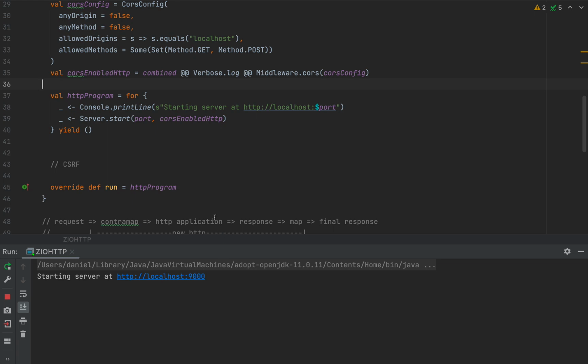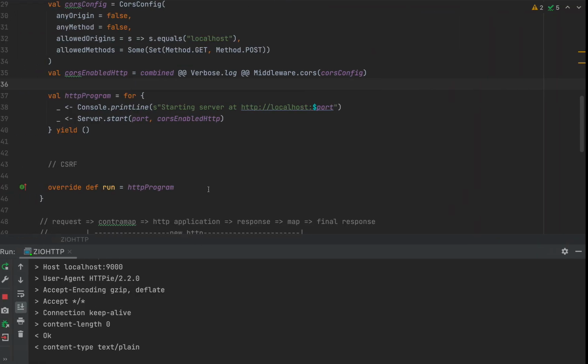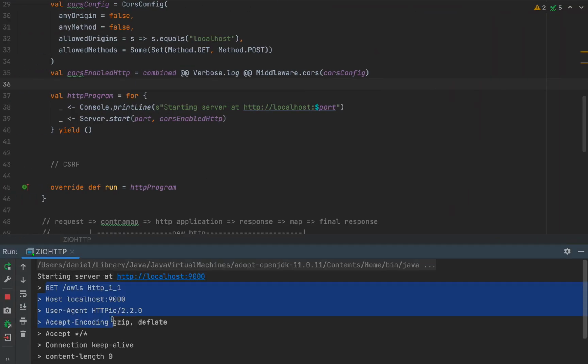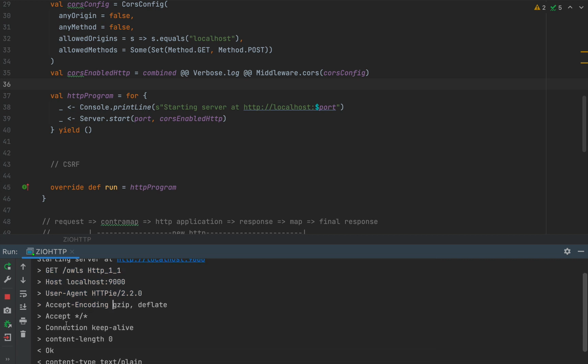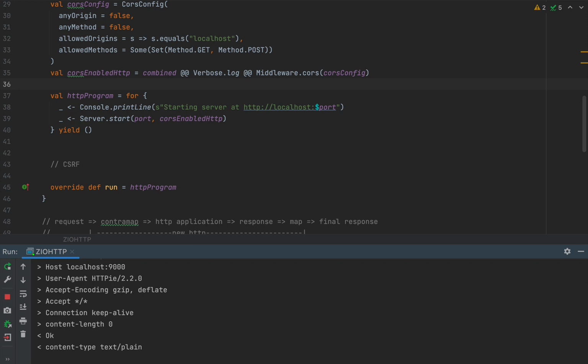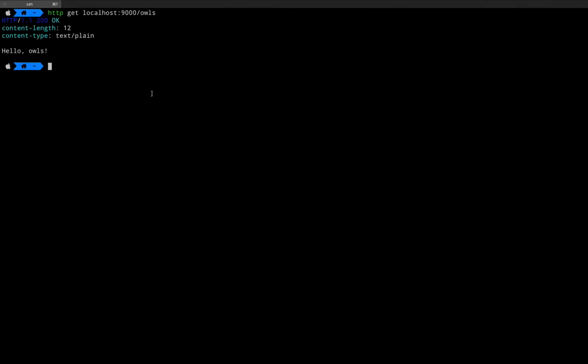All right, so we have localhost 9000. Cool. Now, let me get back to my terminal, and I'm going to use an HTTP GET at localhost 9000 /owls. Okay. Now, in this case, we get the request, which is accepting encoding and so on and so forth, that we saw in the previous part. But I'm going to also add an HTTP header in the request. So I'm going to have HTTP GET on localhost 9000 /owls, and in between single quotes, I'm going to have my header pairs. I'm going to say Origin, colon, let's say,